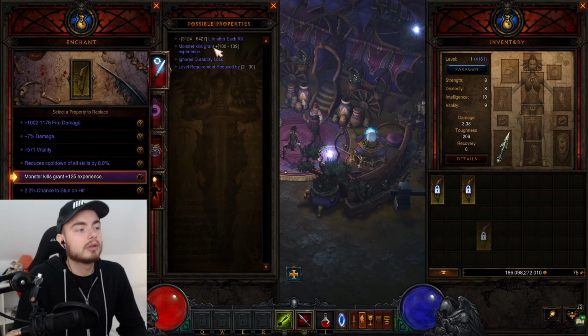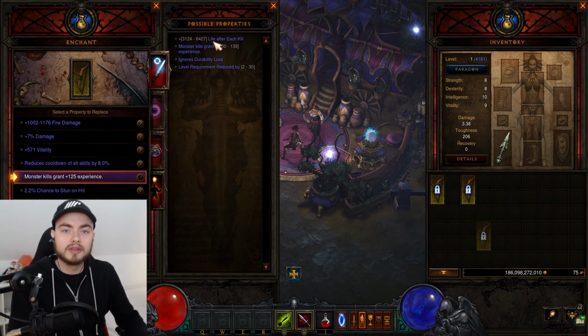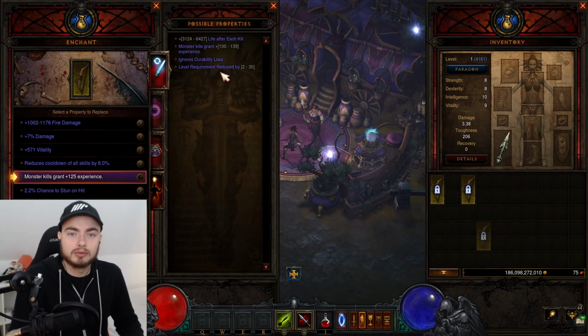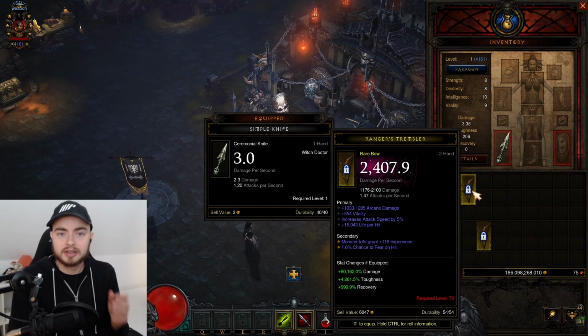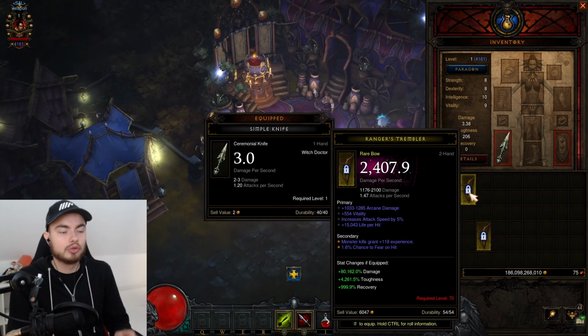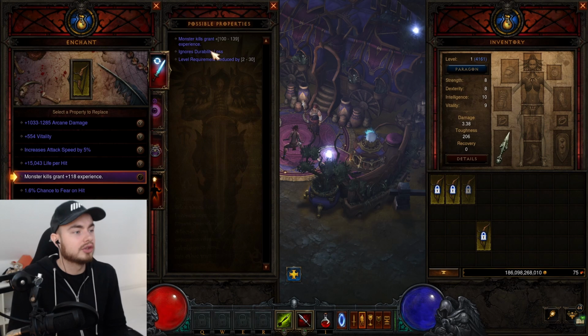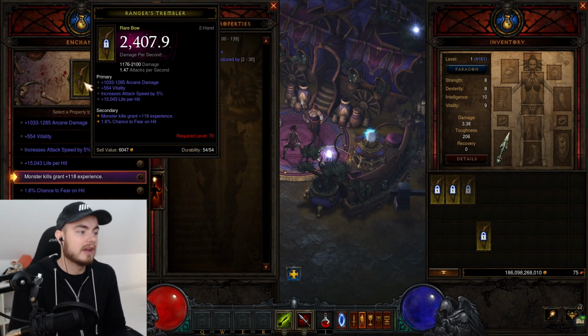Now another thing here, you can also see there is life after each kill as well as a roll. You can actually remove this as well to get an even better chance to only get the reduced level requirement as a roll. So as you can see, I just made another one here and it has chance to fear on hit as a secondary, so that's good. But it also has life per hit. So by getting these 2 rolls now, there is now 1 less roll it can have. So before we also had life after each kill, that is now gone